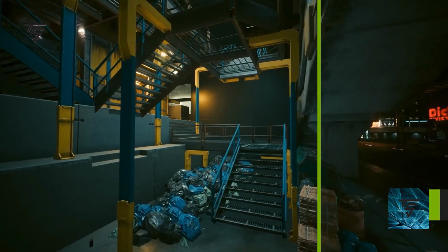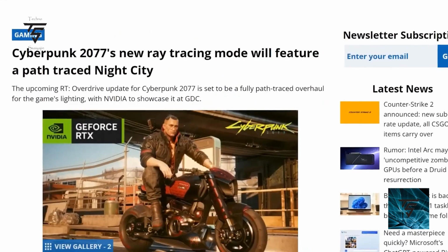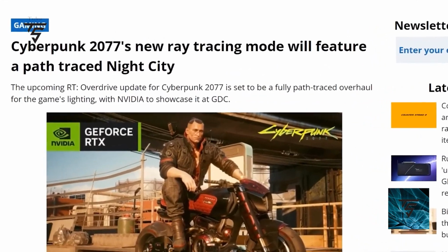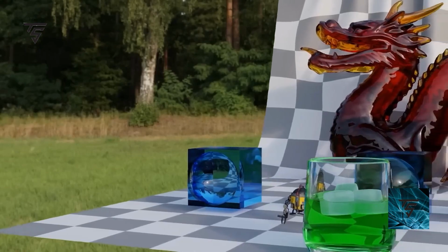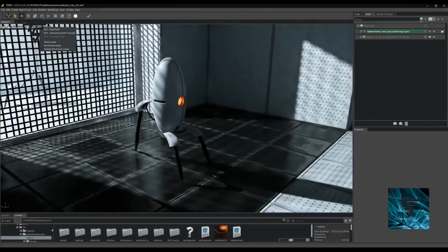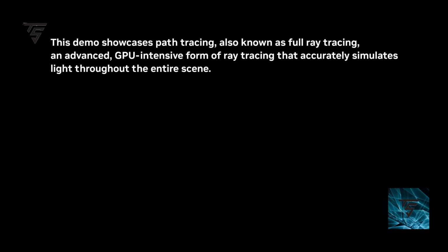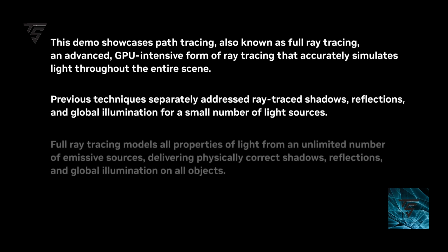So yeah, pretty nice. Moving on, we have some news regarding NVIDIA and its path tracing SDK, which has been released, and we know Cyberpunk 2077 will have this new ray tracing mode. Basically, in ray tracing you have a single ray, but in path tracing you have multiple rays, so there is more to compute. And a benchmark